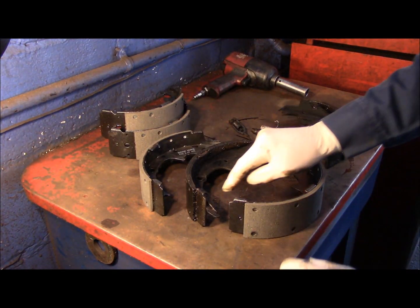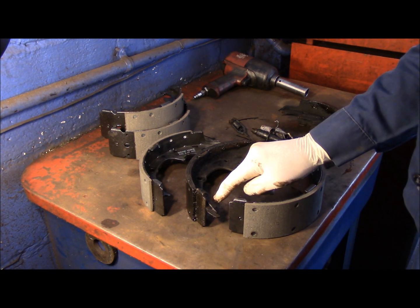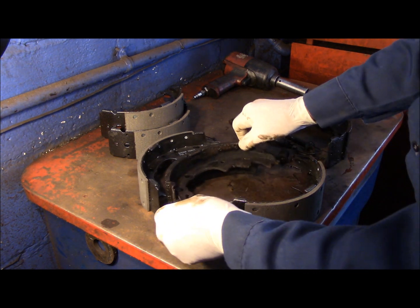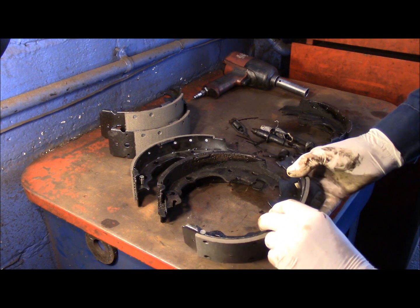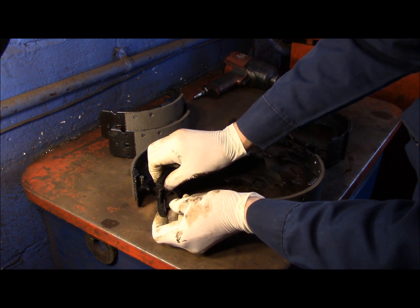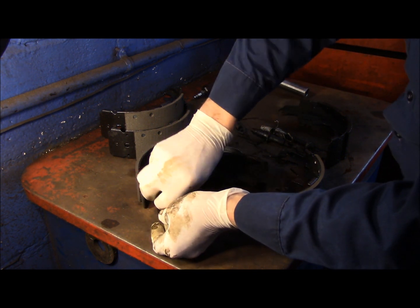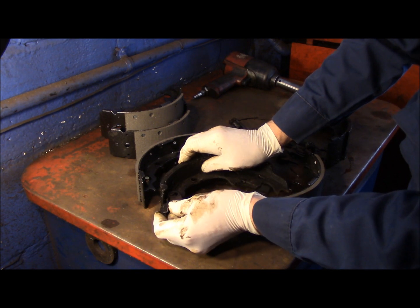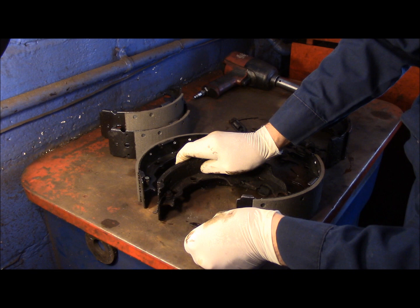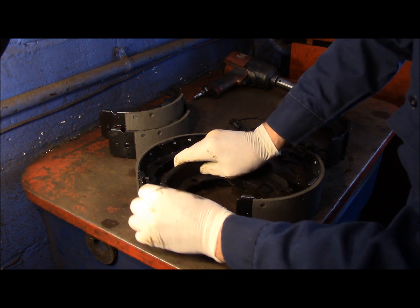Okay, now, remember we said we're going to come back to this parking brake. This is to adjust the self-adjuster for the brakes. Remember I said we're going to come back to that. Now, as you can see, you know what, let's take it off and I'll show you. The way you take it off, just pull this down like this, and you can lift it right off just like that, and it comes right off. Turn it, and we'll take it out, and we're going to take our spring and take it off as well,